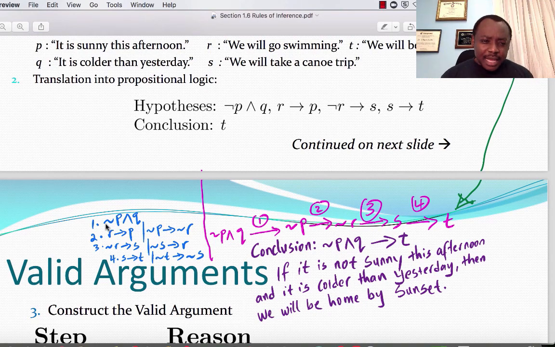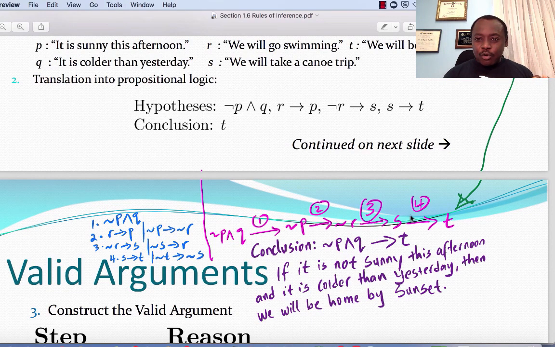Wait a minute. It looks like not P and Q would imply not P. That is simplification. I have used number 1, the first premise. 3 more premises to go. So simplification gives me that. Then, wait a minute. I see here that not P implies not R. That is premise 2. And I stay right there. And I see not R implies S. That's premise 3. You see, I am using either the original proposition or its contrapositive to create my chain. So not R implies S, and then I use 4, and I have S implies T.